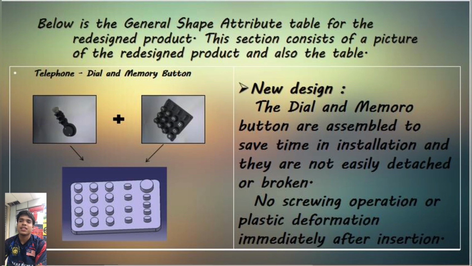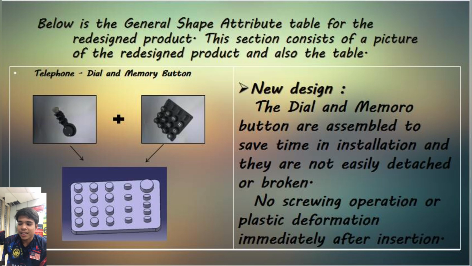The next below is the generate shape attribute table for the redesign product. This section consists of pictures of the redesigned product and also the table. This is my redesign part, type and memory button. I combine this part to reduce the assembly time and estimate time. Reduce, okay, and then this process section is no screw, just fits to the